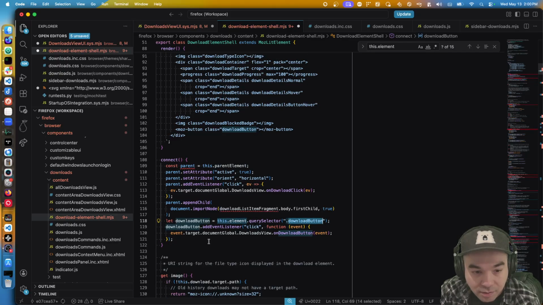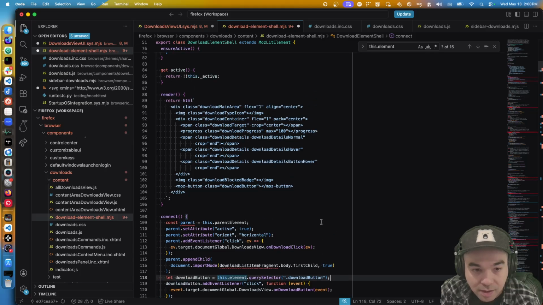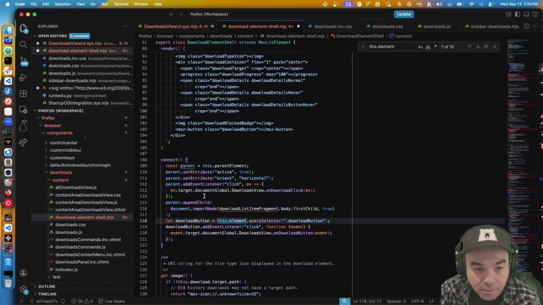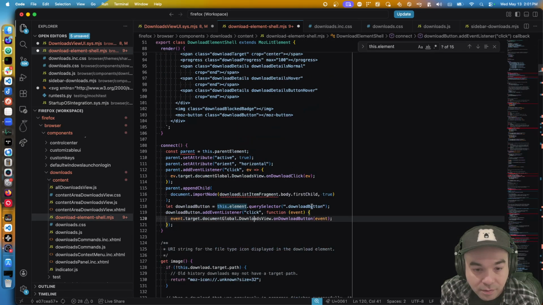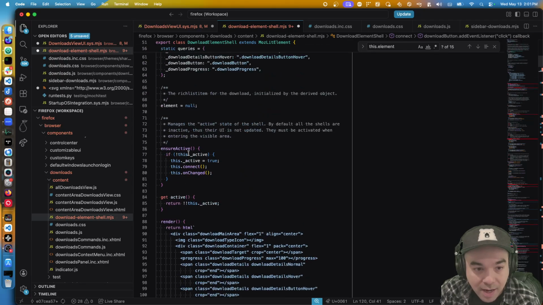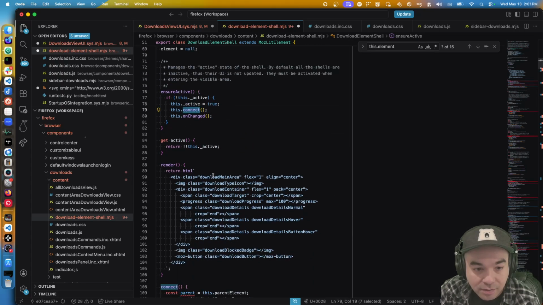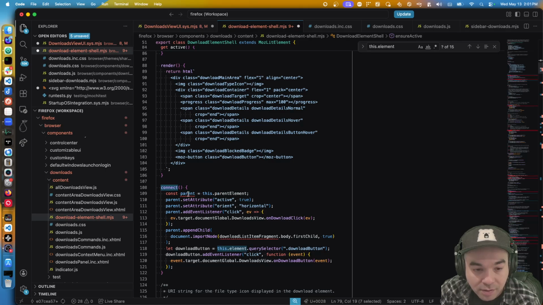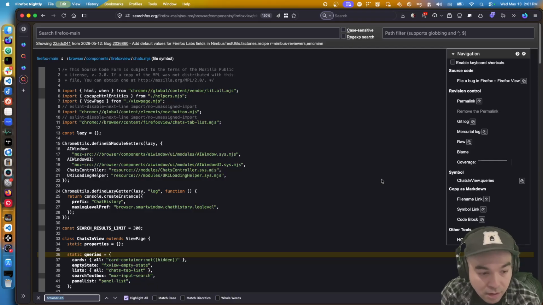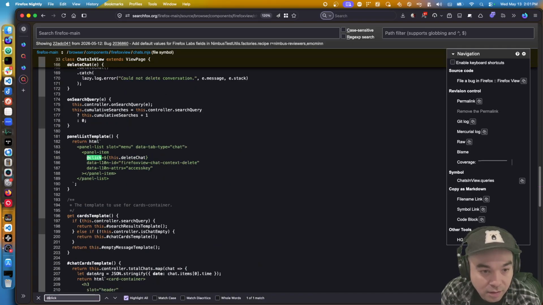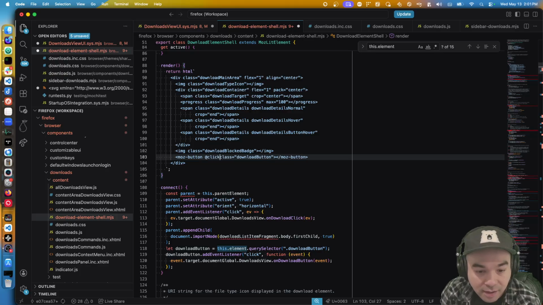Download button. This element query selector download button. No, that's all wrong. It's going to be this dot download button. Except in connect, ensure active. You may not have rendered yet. So instead, what we'll do is on click, at click, yeah, at click equal